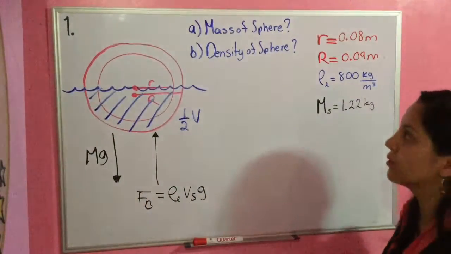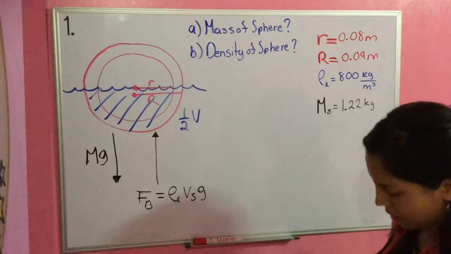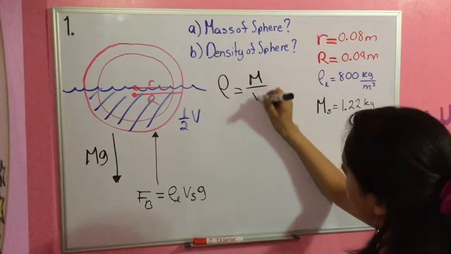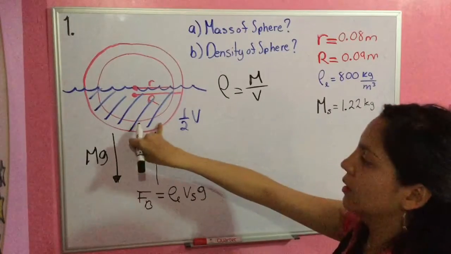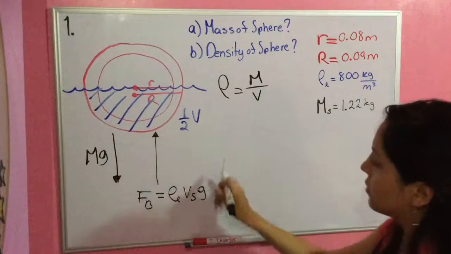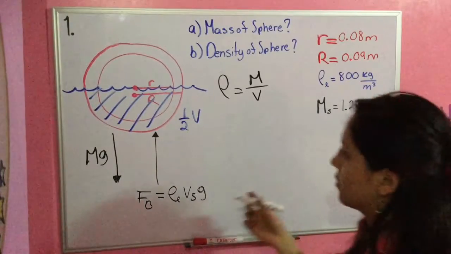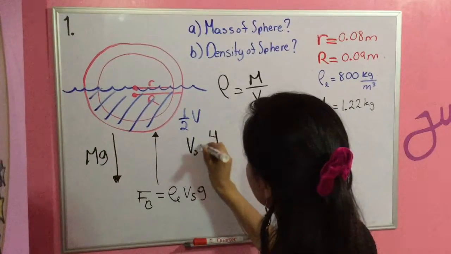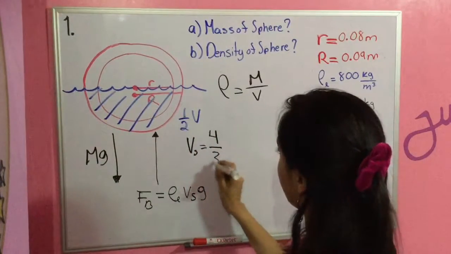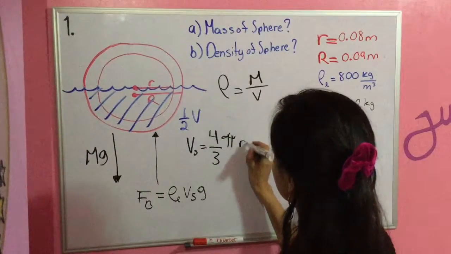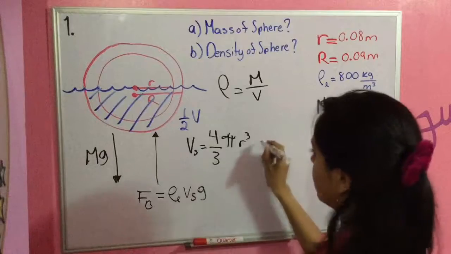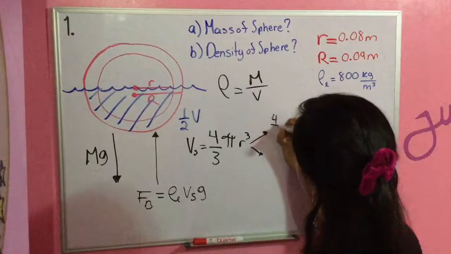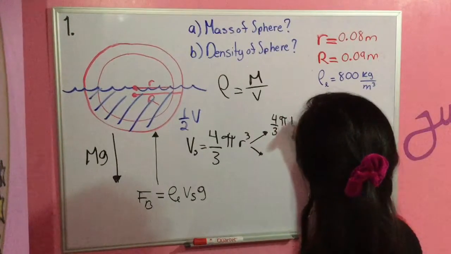Now the second question is asking us for the density of the sphere. So we know that the density is equal to the mass over volume, but in this problem it's a hollow sphere, so we have to do two equations out of one. We know that the volume of any sphere is 4/3 times pi times r cubed, but in this case we'll get two of them, one